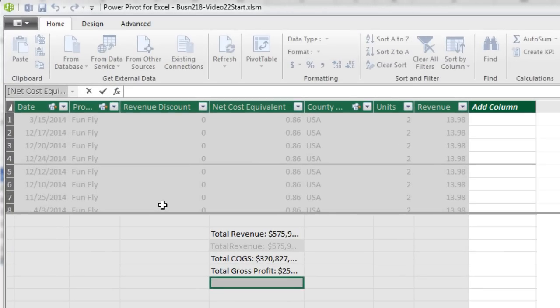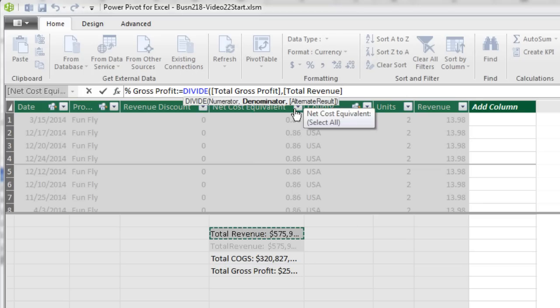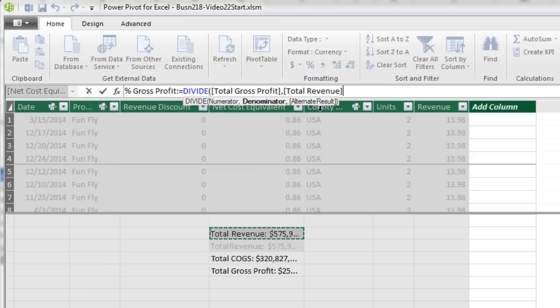All right, so we'll start with gross profit percentage. I click in a cell. I come up to the formula bar, type my label, percent gross profit, colon, equal sign. Now I could just take division, right? Gross profit divided by total revenue, but instead I'm going to use a new DAX function, DIVIDE. It takes the numerator and the denominator, and I'm going to do our little trick. Numerator is total gross profit, and there it puts the measure in with our convention of square brackets, comma, the denominator, total revenue. Now if you leave the third argument empty, if there's an error, it will show nothing,